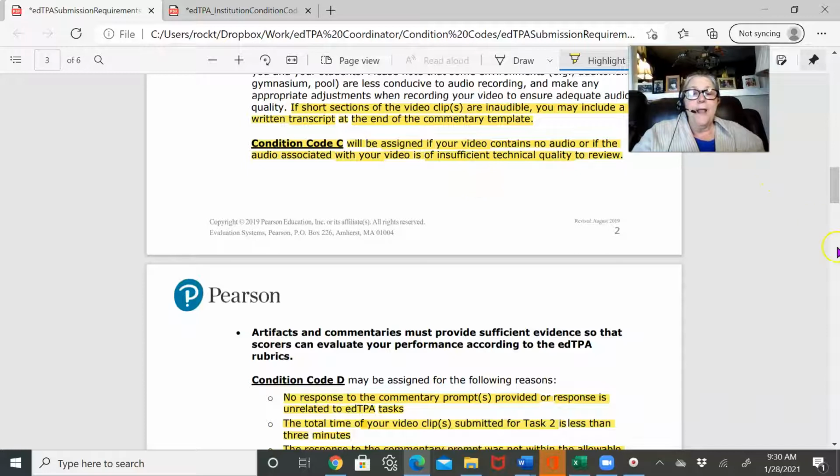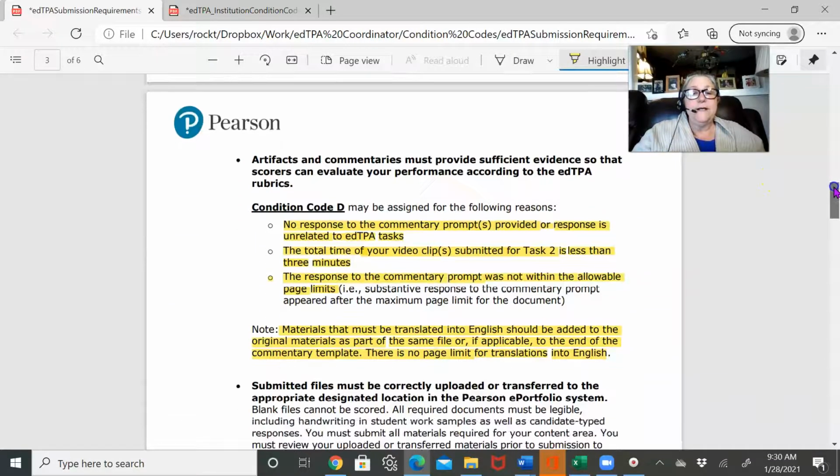All right, the condition code D. You can't leave any of your prompts blank. Or if you write a prompt that does not answer the question, that could be a condition code D. They can't score it if you're talking about something completely unrelated to the task, right? You need to make sure that the total times of your clips are not less than 3 minutes. Now this is all in your artifact chart in the back of your handbook,